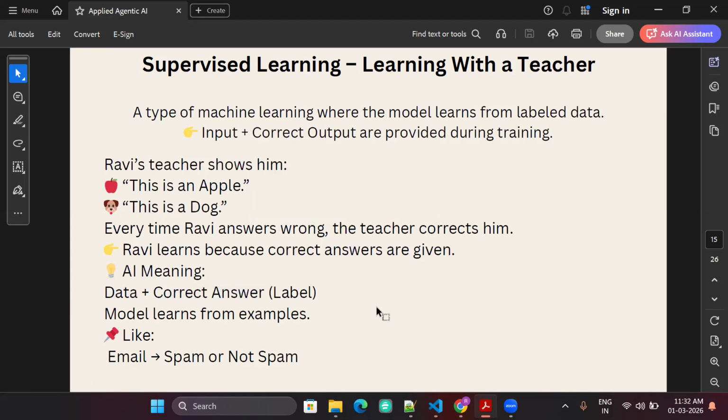So it's like if you have given exams, MCQ questions are given, right? Multiple choice questions. Let's say they ask what is the capital of India, and you have four options. In supervised learning, you will get what is the capital of India with the four options, and they will also mark Delhi. Delhi will be already marked, which means the data is given to you and the answer is also already told to you.